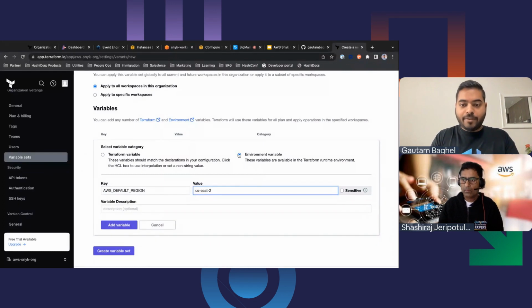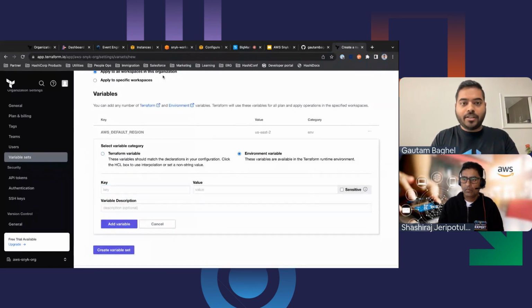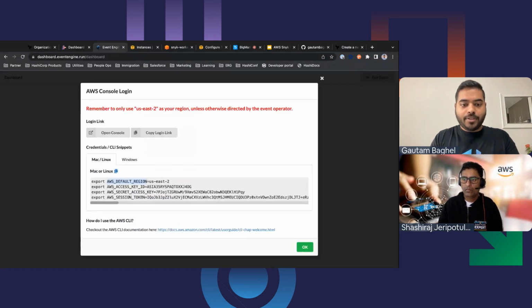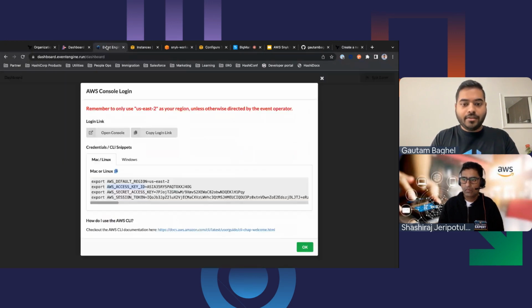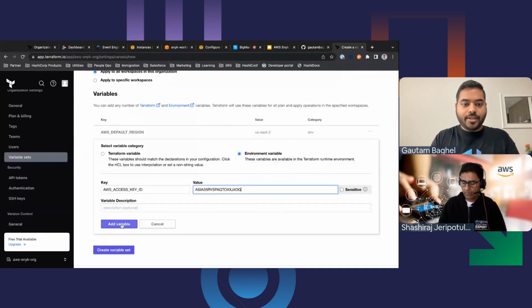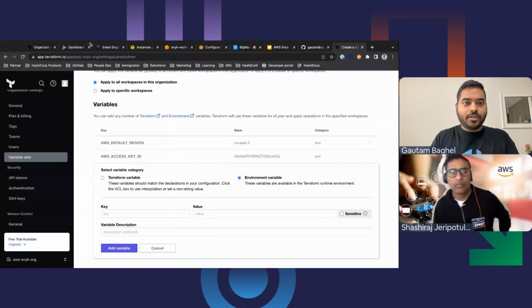I'm going to make sure it's an environment variable, add this variable, and then similarly I do it with the other resources, access key, and the value is this. And add this variable.